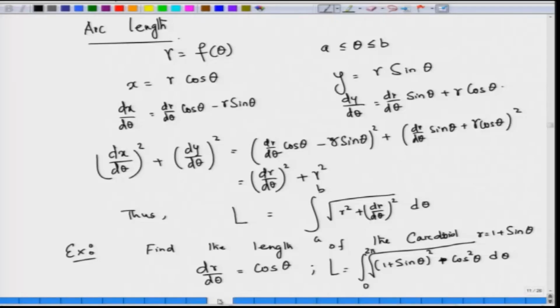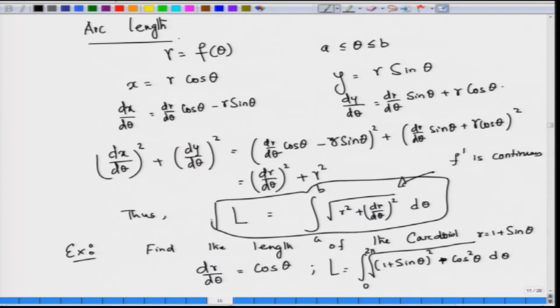We find the area and take the Riemann sum. The prescription is the same. Now, here is a word of caution. This is going to be valid when we are talking about this to be Riemann integrable, and another thing for this L: we can say that f prime is continuous. That is going to guarantee, with this additional condition, that this integral makes sense. So, we are going to get the arc length of a curve.